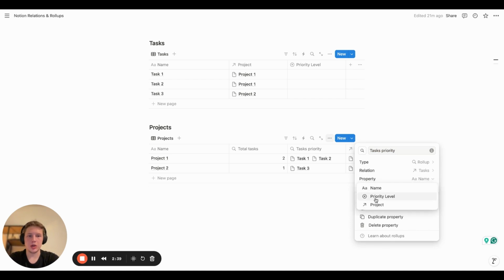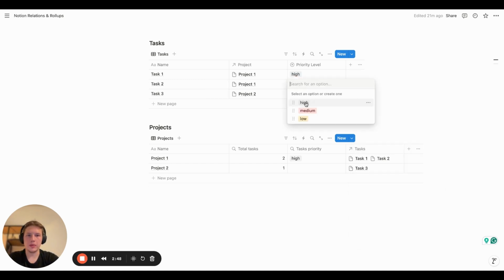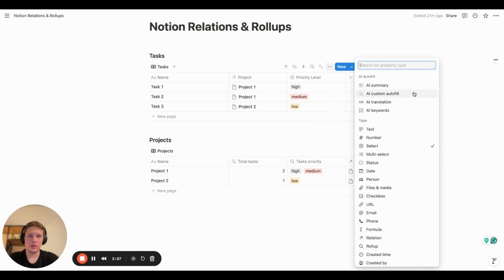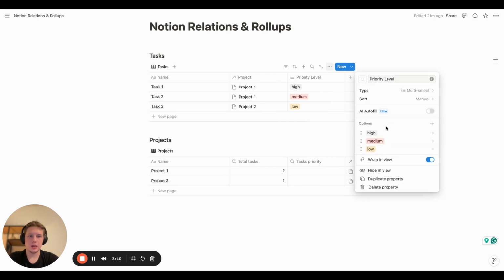Here we now see priority level of our tasks, and if we select it, we need to add some values. Low. So now here we can see tasks priorities inside the project table. So one high priority, one medium, and one low. And if we change this type here to multi-select,